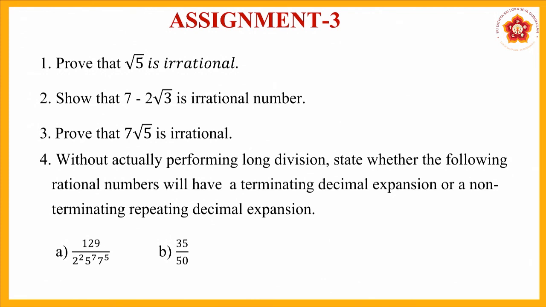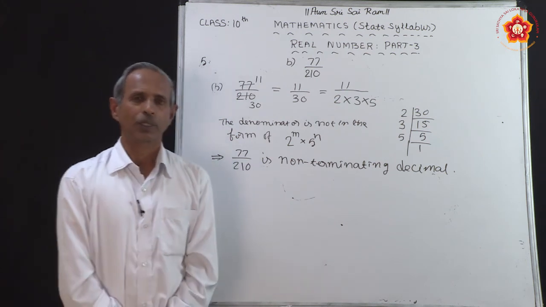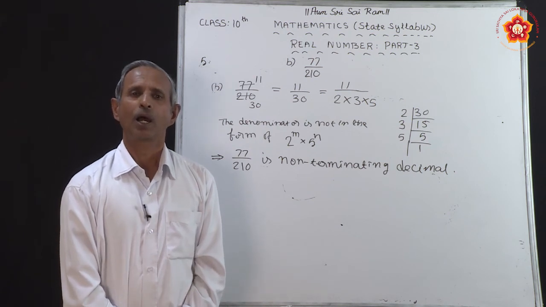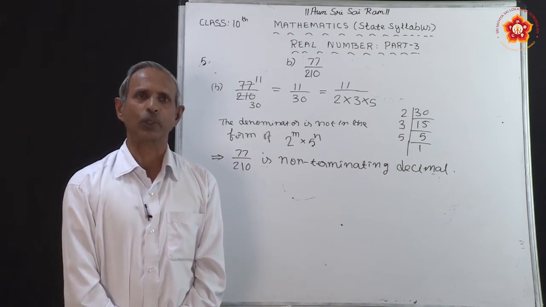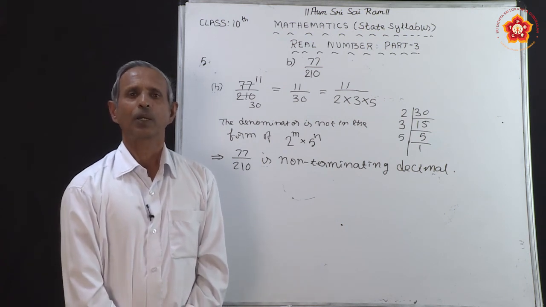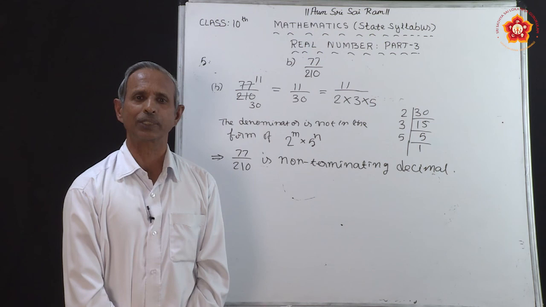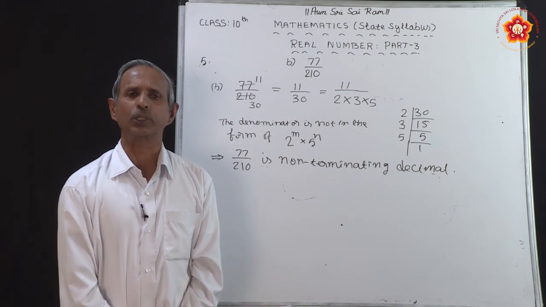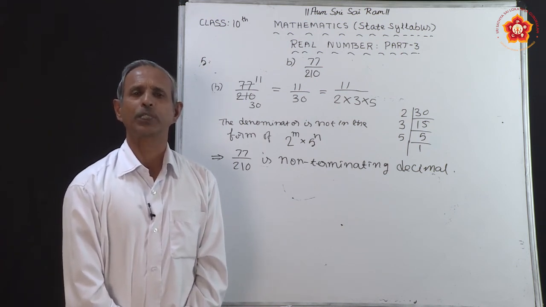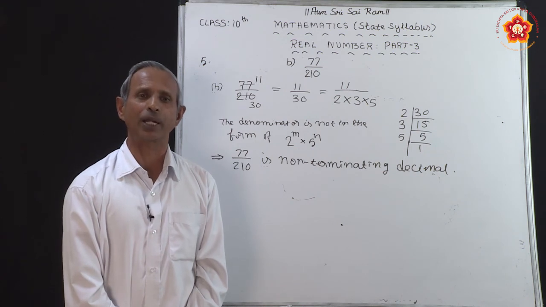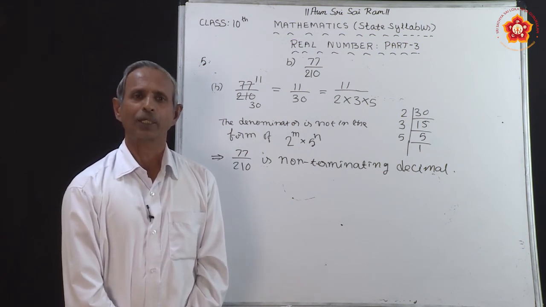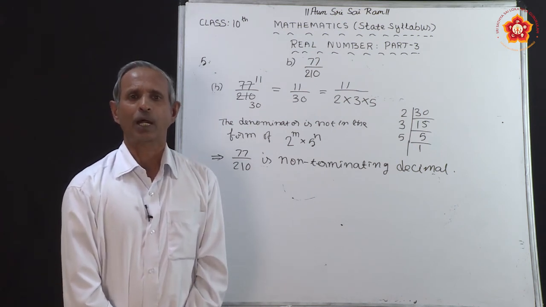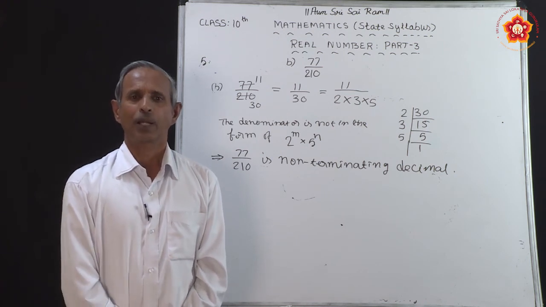So far in this chapter we have learnt about Euclid's algorithm, Euclid's division lemma, how to find HCF using Euclid's algorithm, and also how to find the LCM and HCF using the prime factorization method. Now all the boys and girls should complete all the problems given in your textbook, so that you will get deep knowledge about the subject. I think all of you will do all the problems, and you will increase your knowledge and your understanding of this topic.